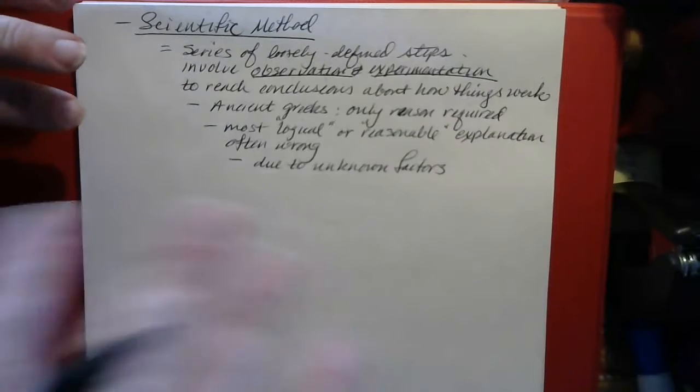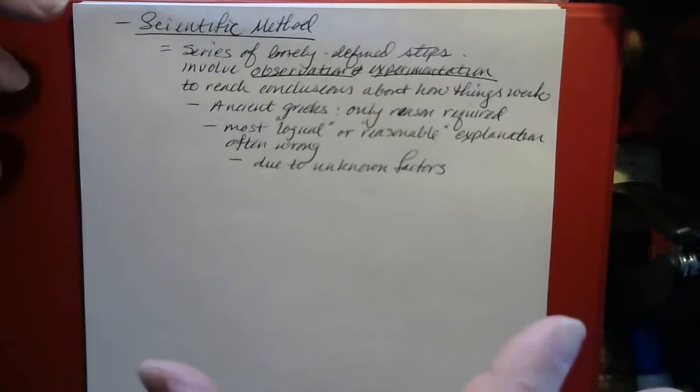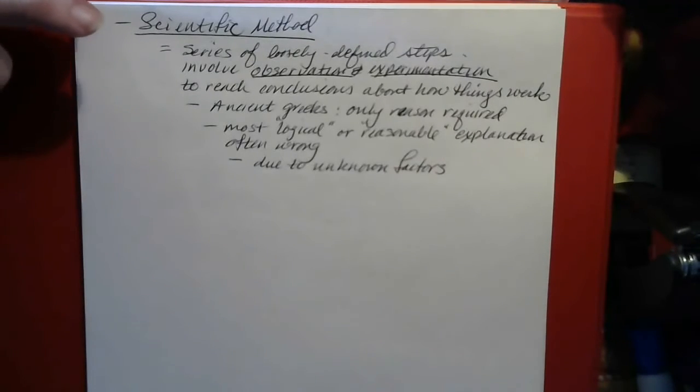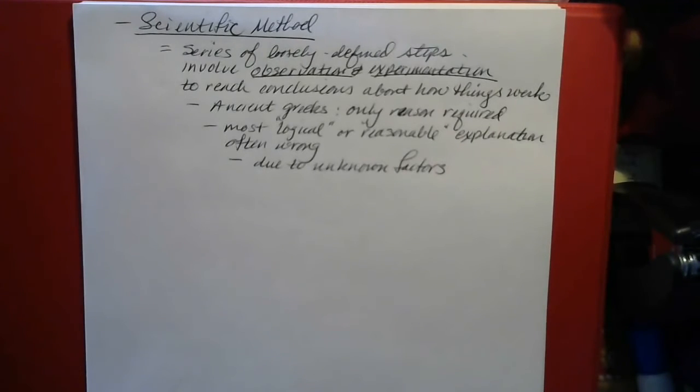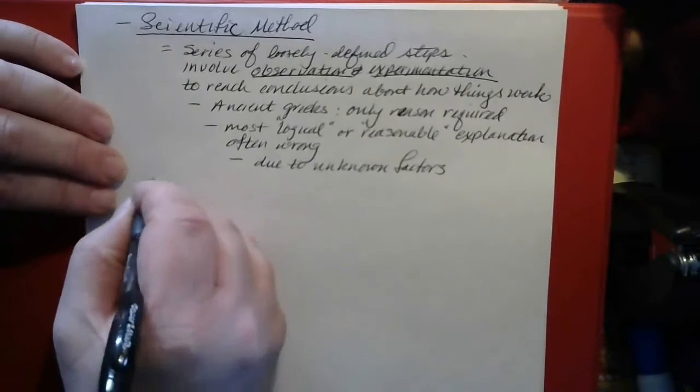If some aspect of some theory is found to be wrong, then it can be discarded or revised. And then you come up with a modified theory. And then you test that and see if that works any better. And if it does, you keep it. If it doesn't, you throw it out and reformulate again. Anyway, the steps